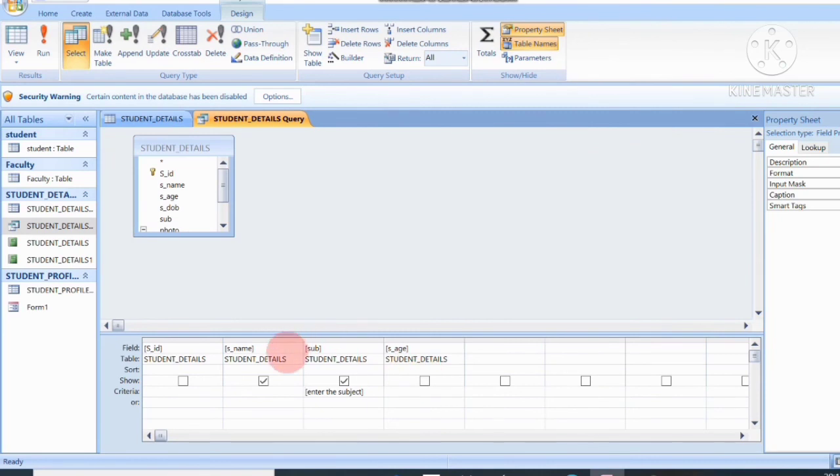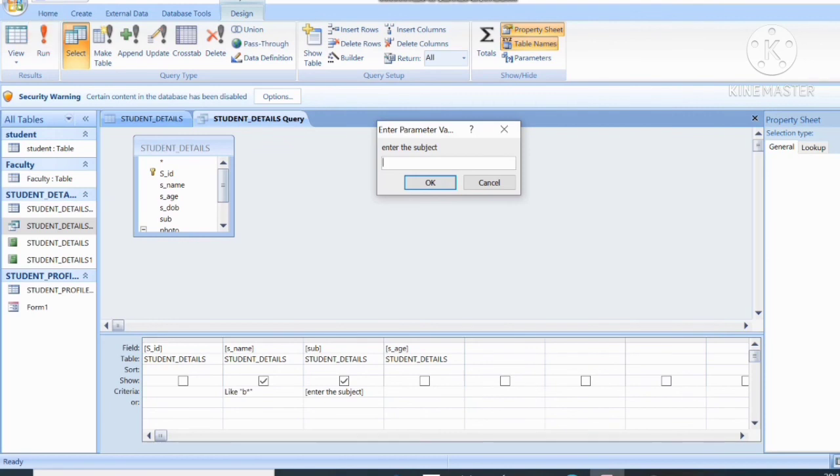If you want the subject of a student and their name is starting from B, means I want the subject of computer science and the students of computer science starting from B. So I am giving here B, then star. Here it will show the student name B and his subject computer science. So now run.